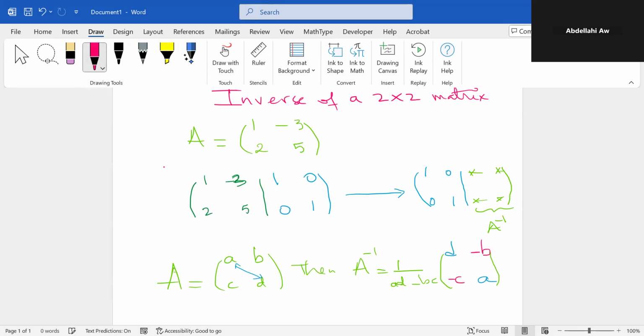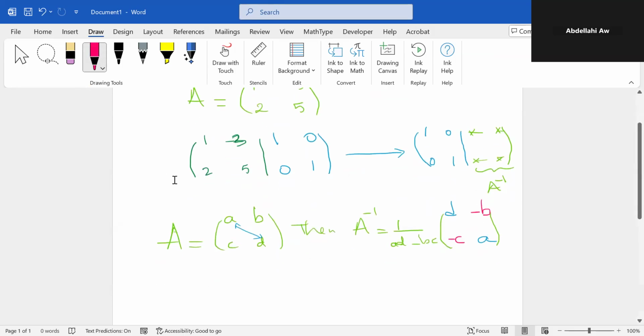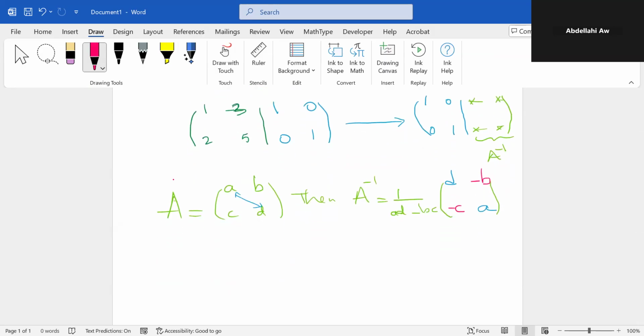We just change to the opposite. That is the formula, and everybody is supposed to know it by heart if you want to avoid the